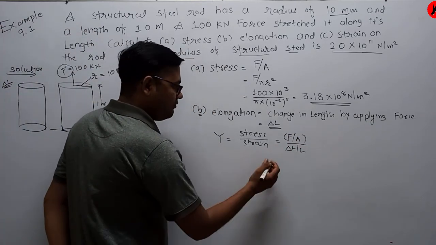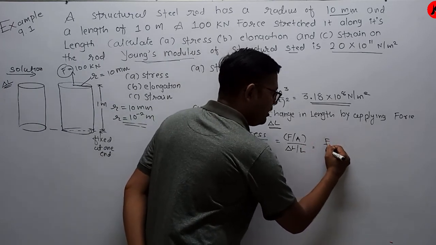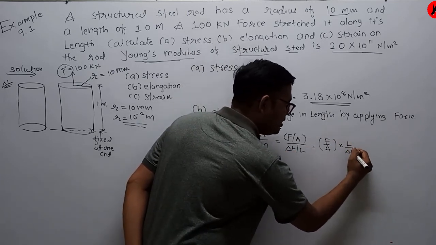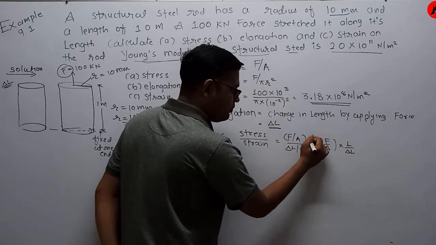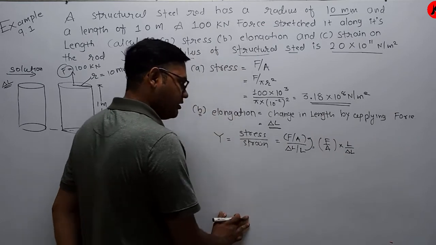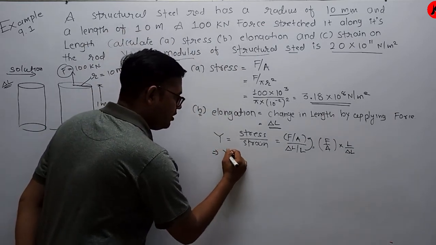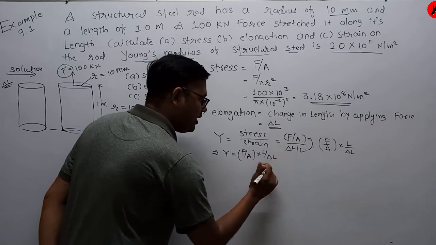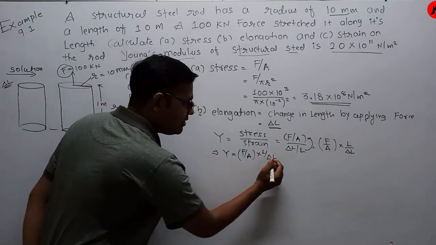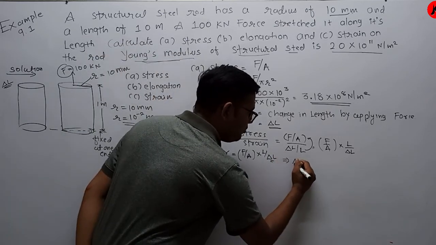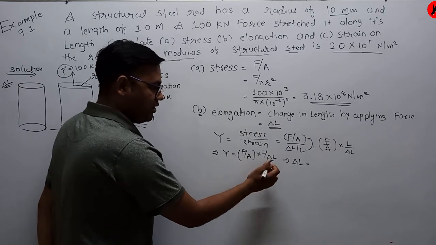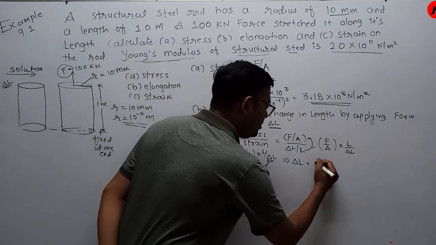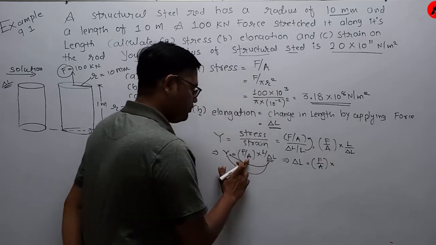So from this equation we can simplify. F by A into delta L by L, if I simplify, now the equation becomes L by delta L. The L term goes up, so we get L by delta L. So here we have Young's modulus Y equal to F by A into L by delta L, and what we need to find here is delta L. In terms of delta L, the equation becomes delta L equal to F by A into